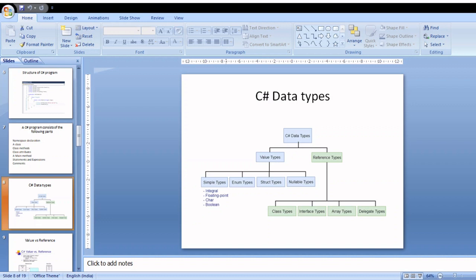Value types are stored on the stack, and when the value of a variable is assigned to another variable, the value is actually copied. This means that two identical copies of the value are available in memory.